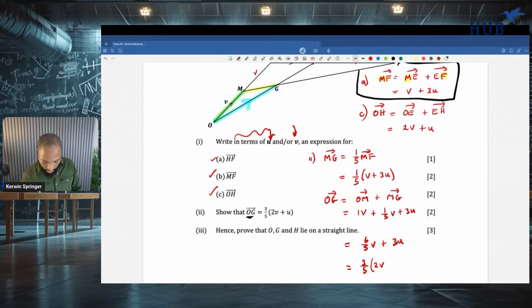Hold on, something is suspicious. Oh, I left out the fifth here. I left out the fifth. This is 1/5 of that and 1/5 of that. So I have 3/5 here. So since I already have the 3/5, just put back the U. So I left out the 3/5 right here. You see that? 1/5 by 3. And that's how they got the 3/5 there.